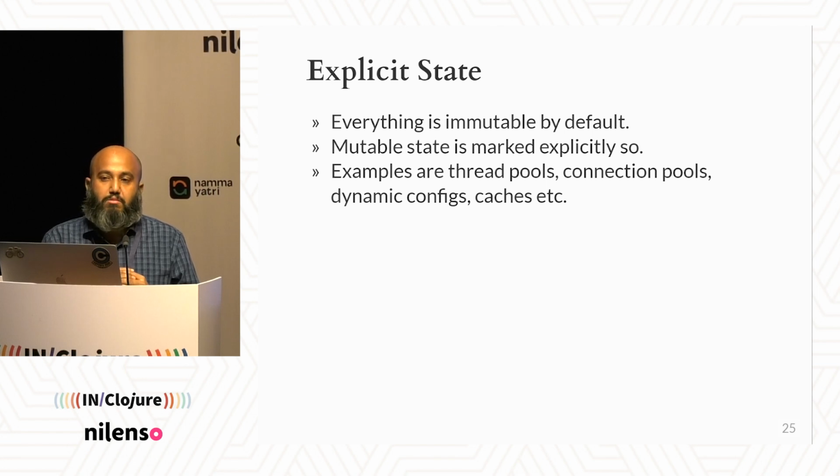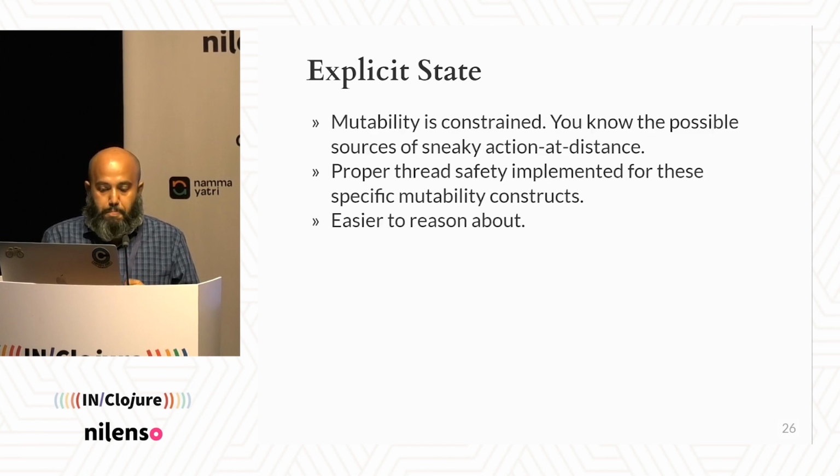And generally, mutable state is used in things like connection pools, dynamic configs, caches, and stuff like that. If you look a little hard, then you'd realize that most of the domain objects do not need to change, right? So you constrain mutability. By that, you know that if something goes wrong, there's some bug, something is breaking, then you already know that it's probably because the value in my cache is stale or the thread pool is not configured properly or stuff like that, right?